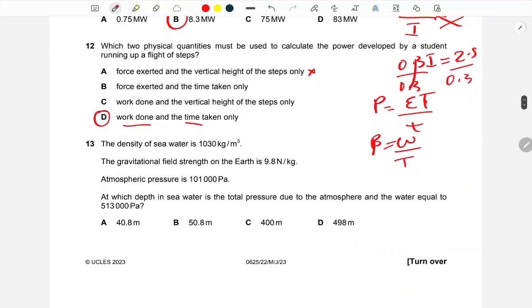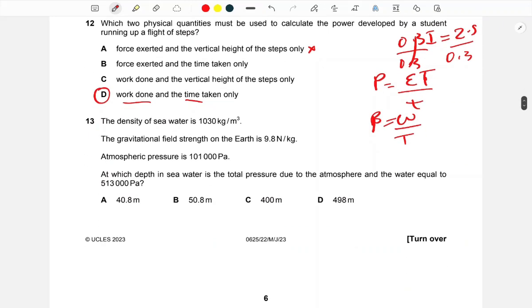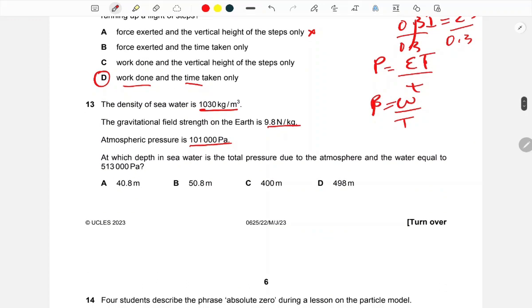Let's move on to number 13. The density of seawater is 1030 kilograms per meter cubed. The gravitational field strength on the Earth is 9.8 newtons per kilogram. Atmospheric pressure is 101,000 pascals. At which depth in the sea is the total pressure due to the atmospheric pressure and the water equal to